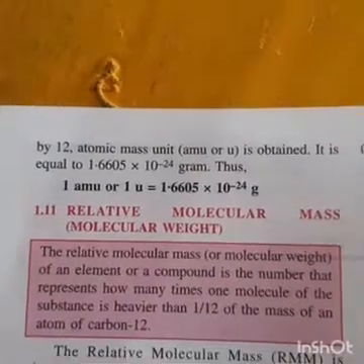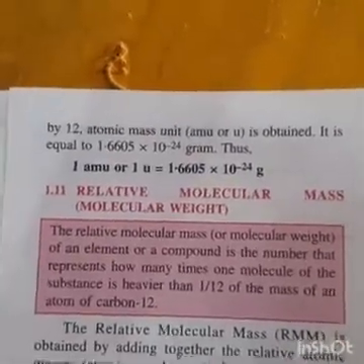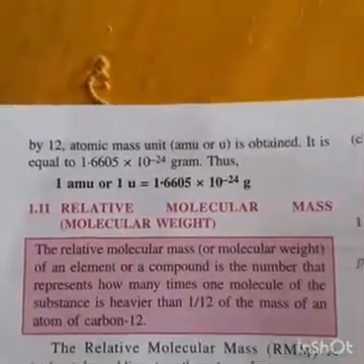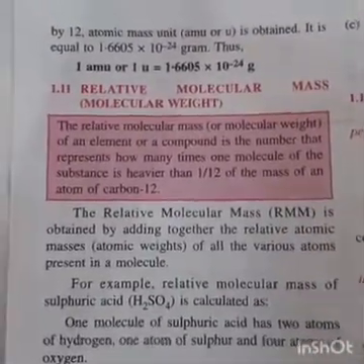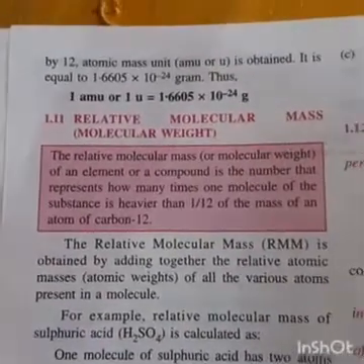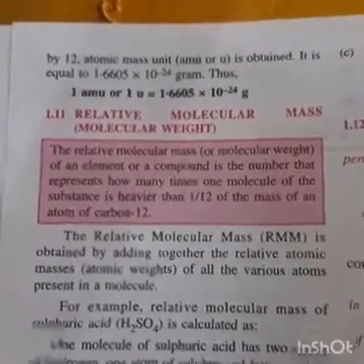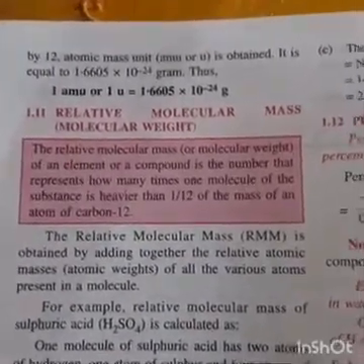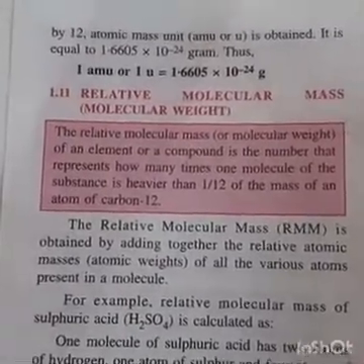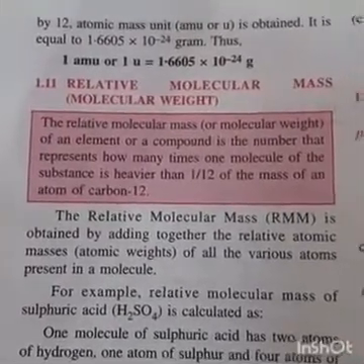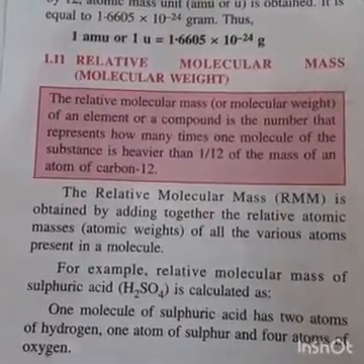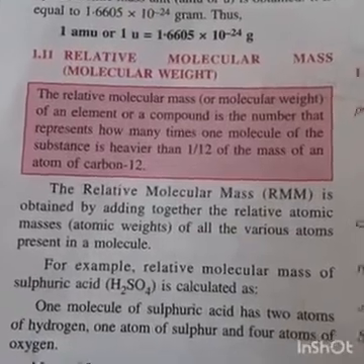or 1 unit. This was about relative atomic mass, the mass of an atom in relation to carbon or hydrogen. Now we are studying compounds and molecules. So the mass of a molecule, calculated according to 1/12 of carbon, will be known as relative molecular mass. The relative molecular mass is obtained by adding together the relative atomic masses of all the various atoms present in